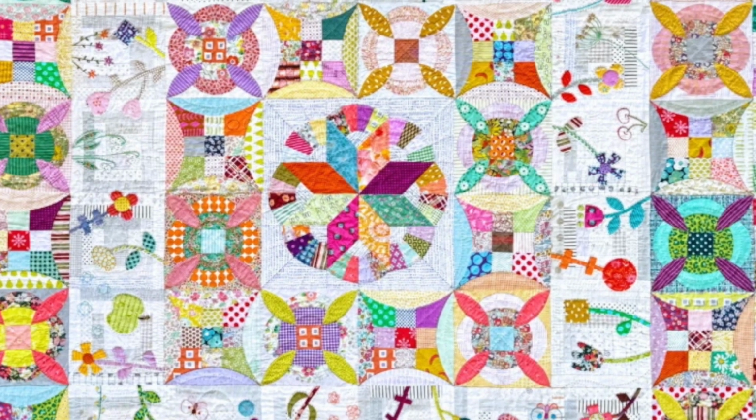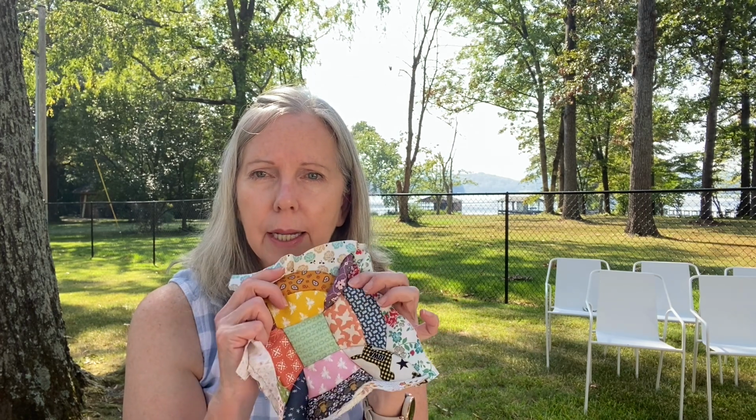So those of you who have been following along, you know that I've been working on getting the templates for the second border of the Pick A Petal. There are 4 borders around a center square in this quilt, and they are filled up with applique. And Sherry, one of the viewers, had loaned me her templates, and I've been working on progressing through those templates so that I can get them sent back to her. Well, I was working on that yesterday, doing the very last of those flowers, and then kind of got tired of standing. And so I said, I'm just going to sit down and work on this one